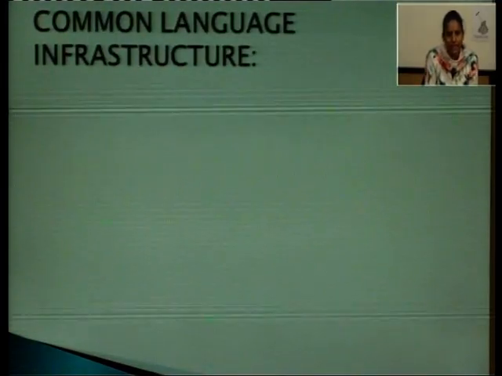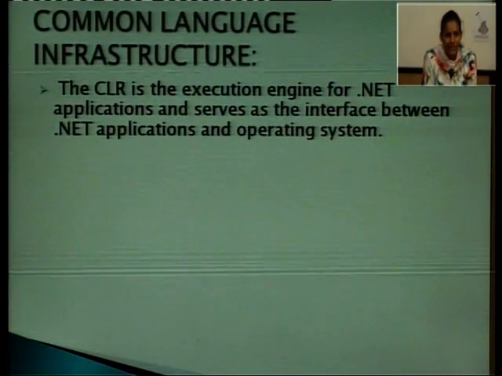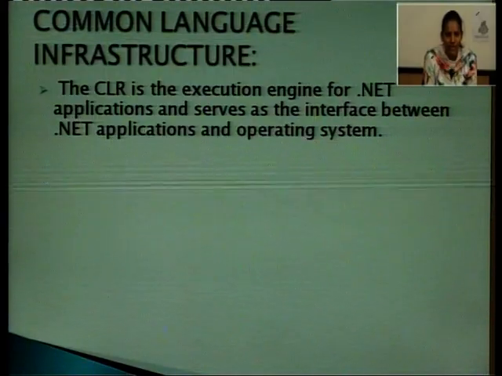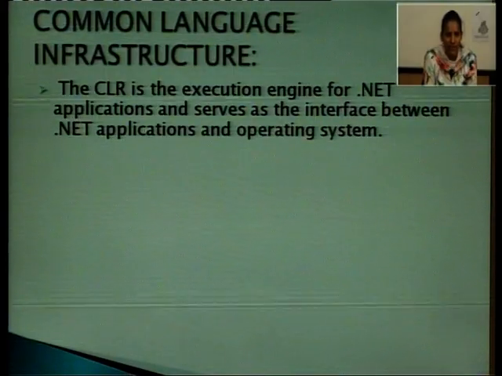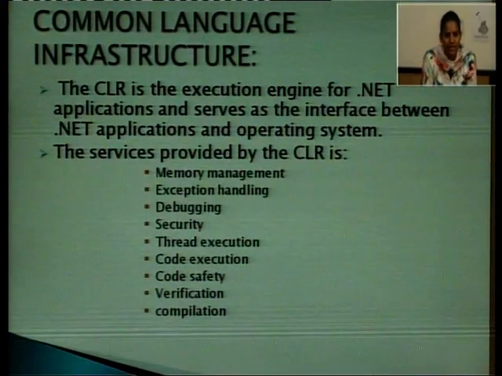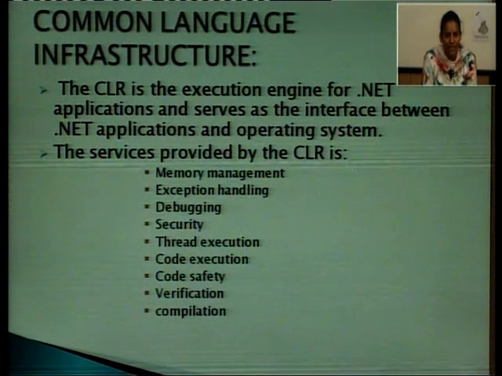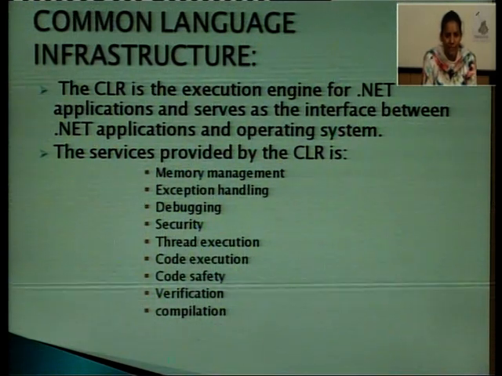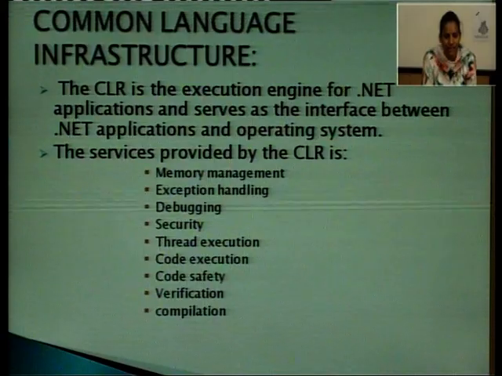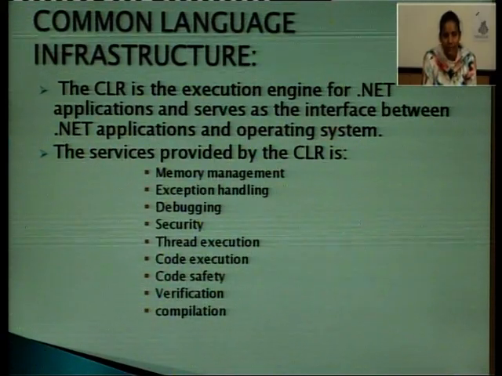So let us start with the common language infrastructure. The CLR is the execution engine for .NET applications and serves as the interface between .NET applications and the operating system. The services provided by the CLR are memory management, which automatically manages the memory; exception handling, so if errors occur, we can provide exceptions there; debugging;